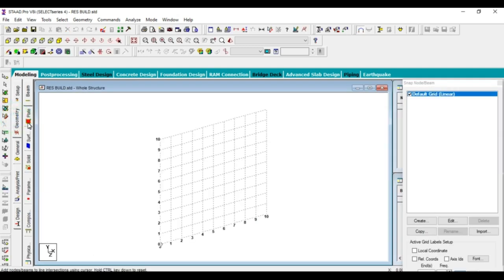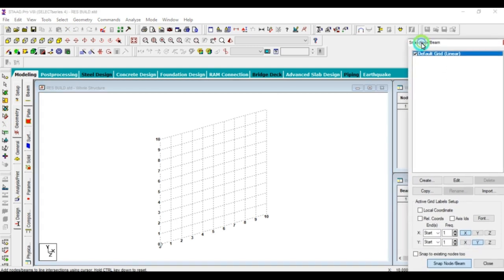When you go to geometry, snap node or beam will be on automatically. Now I will show you how to create a residential building from a single node.